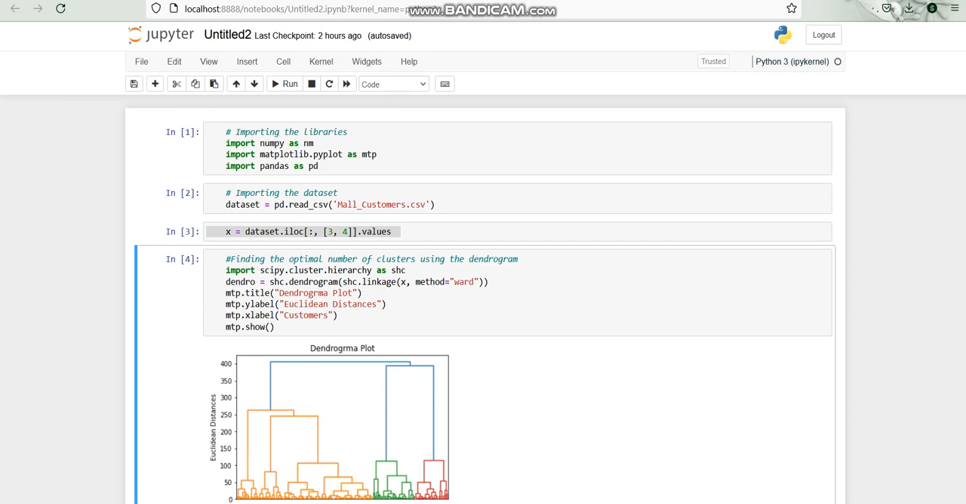So, till now we have seen what hierarchical clustering is, and we also saw the different approaches of hierarchical clustering, that is top down and bottom up, that is agglomerative and divisive. Then we understood what a dendrogram is and how agglomerative clustering works, and we also saw the different steps of implementation of hierarchical clustering, that is data pre-processing,